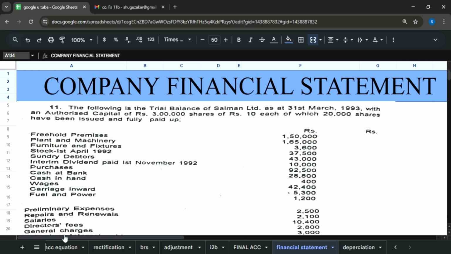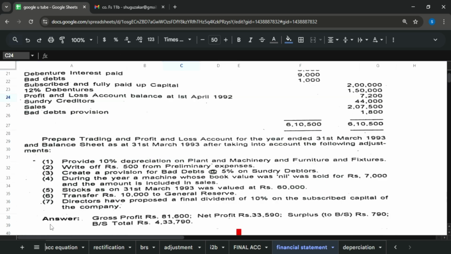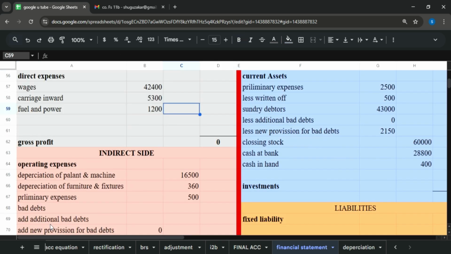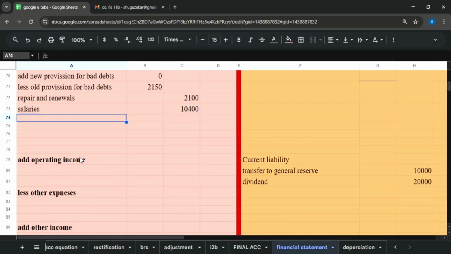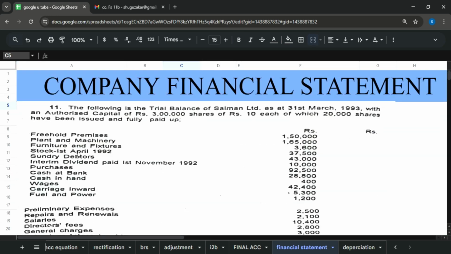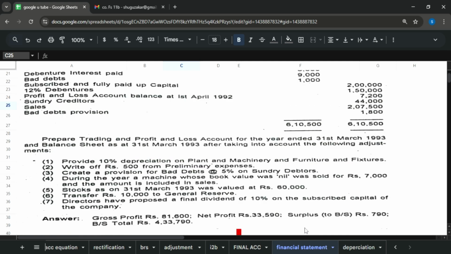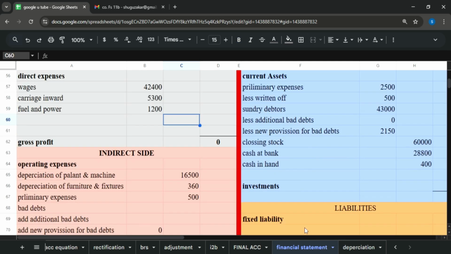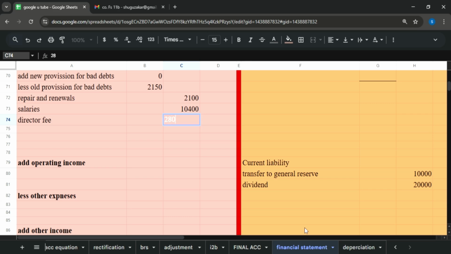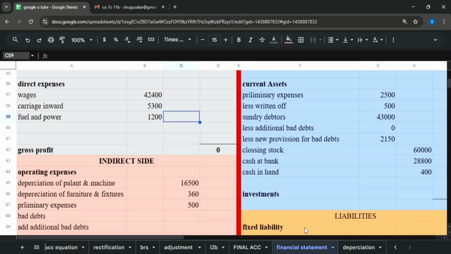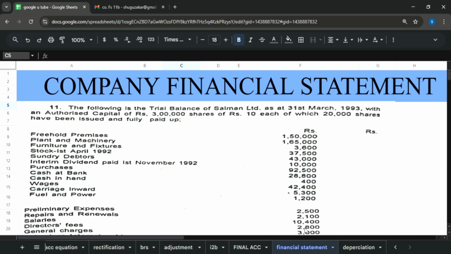Salaries we have written. Next is director fee. Again, this is part of indirect expenses, and here we will mention director fee. Amount of director fee is 2800. Okay, 2800 amount of director fee. Yes. Then we have general charges,